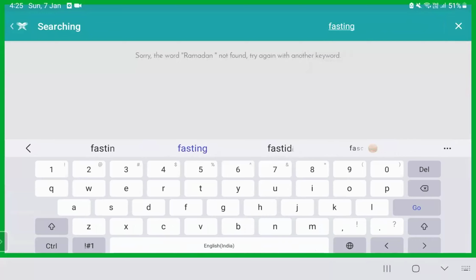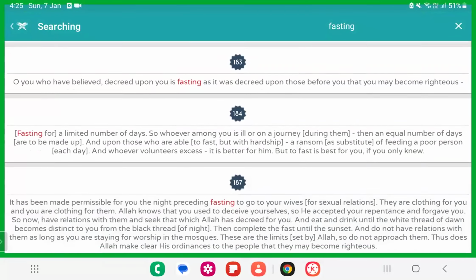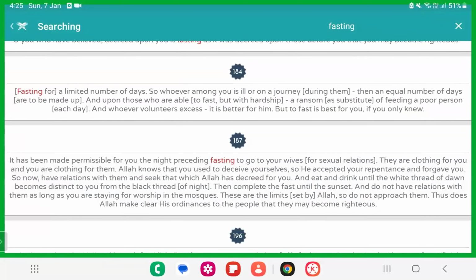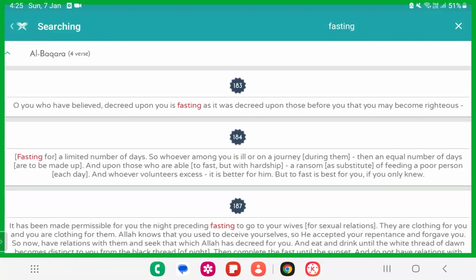Fine, the spelling wasn't right there. So I want the ayahs on fasting. You will have all the ayahs that are related to fasting, and inshallah, you can extract them and create a single project for each ayah. For example, "Fasting has been decreed upon you as it was decreed upon those before you." This ayah you can just take, create one video in the editor, and put it on your status. It is as simple as that.